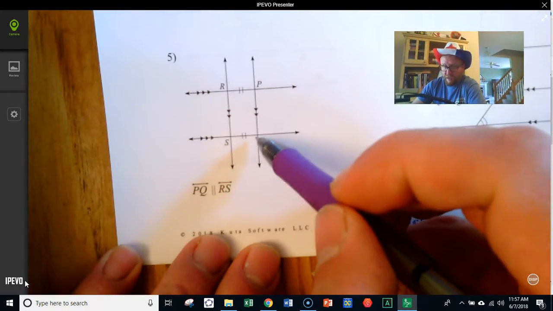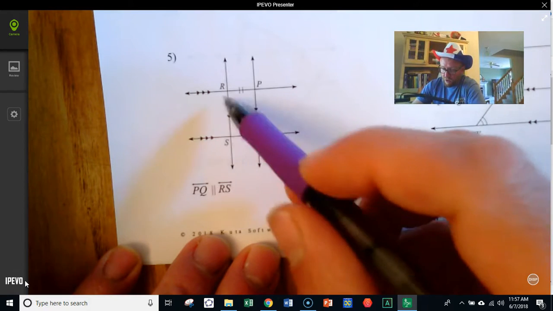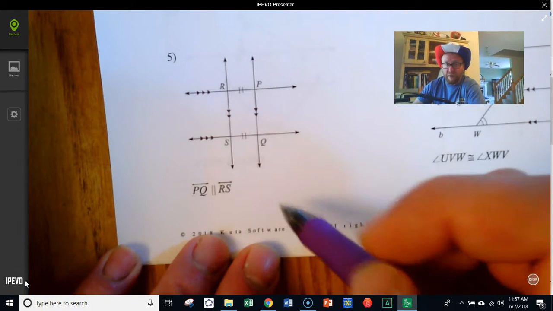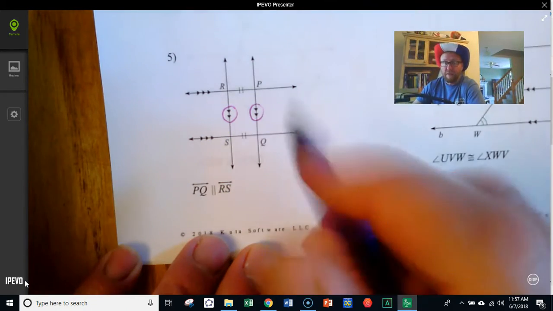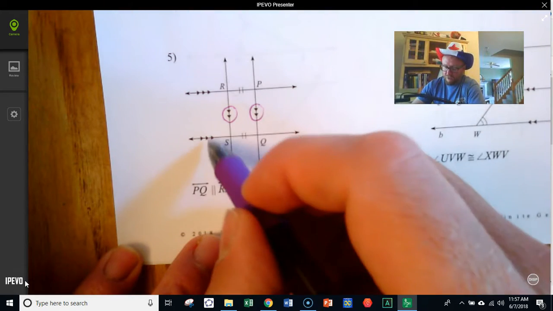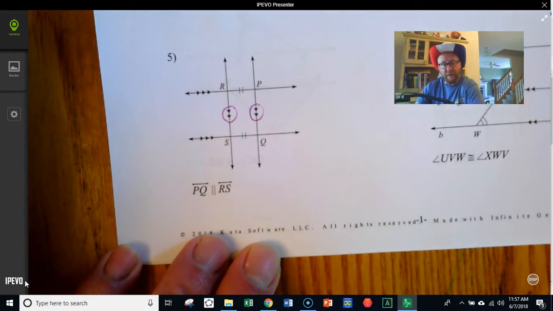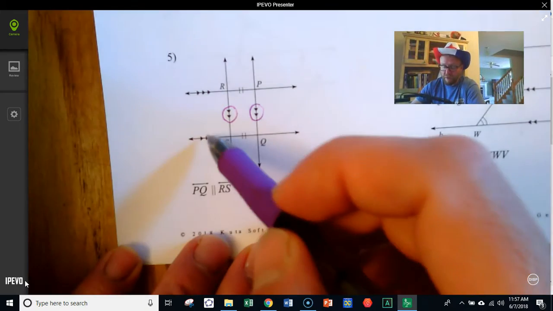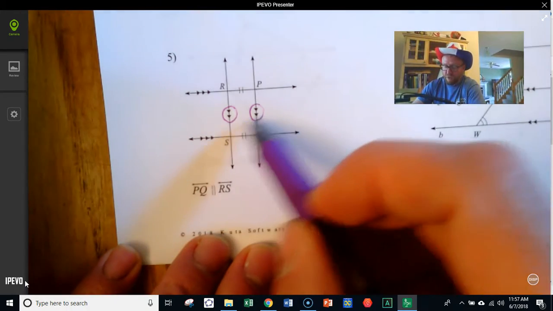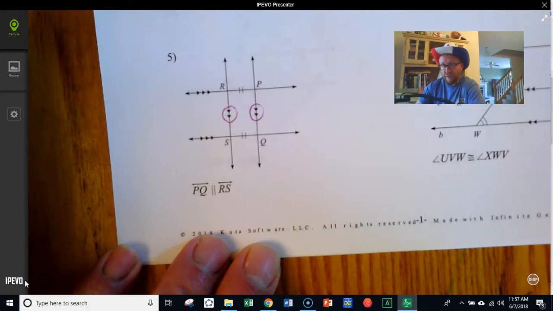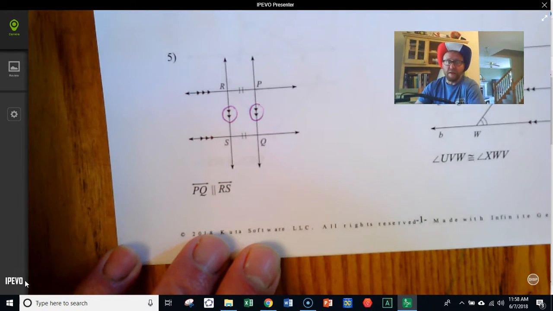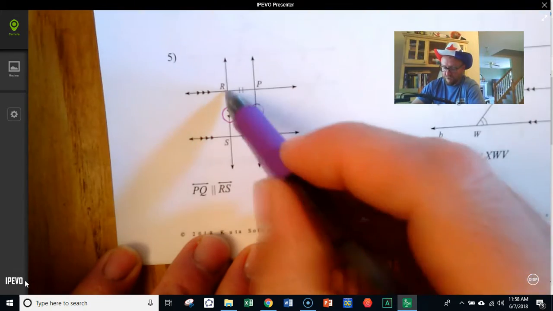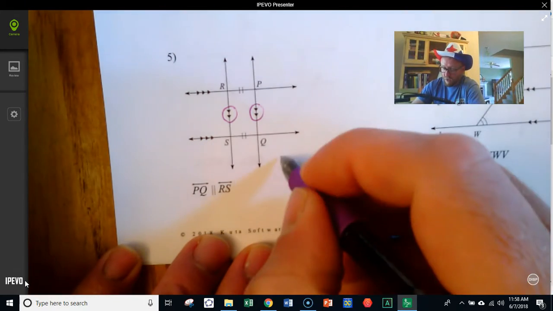PQ, that's PQ right here, and RS are parallel, and that symbol means parallel to. And these markings right here mean that those two lines are parallel. You'll also see that these two lines are parallel. Like the number of arrows, there's 3 little arrows here, 3 little arrows there. That means that those lines are parallel. 2 arrows here, 2 arrows here. That means that those two lines are parallel. Arrows indicate that the lines are parallel. Tick marks, on the other hand, would tell you that the lengths are congruent. So the distance from R to P is going to be the same as from S to Q. So yes, finally,